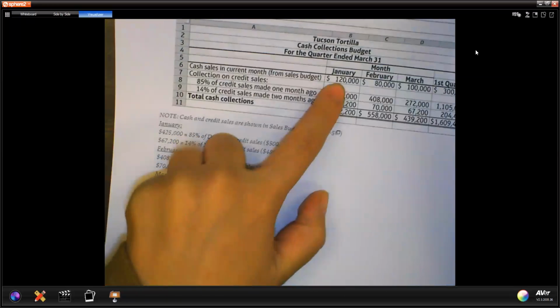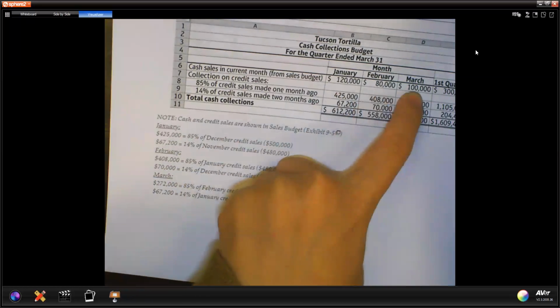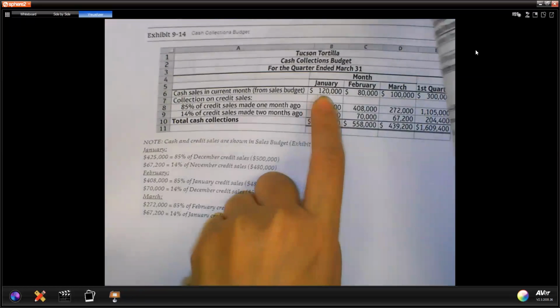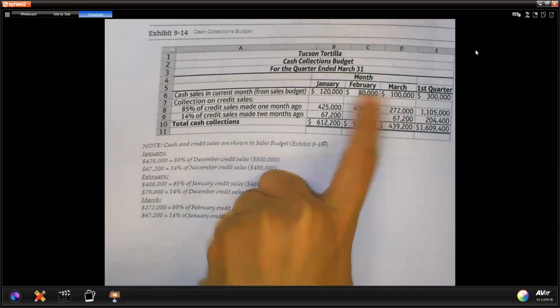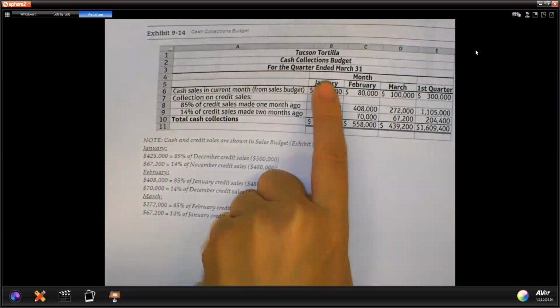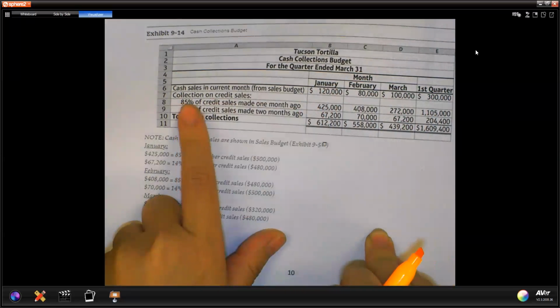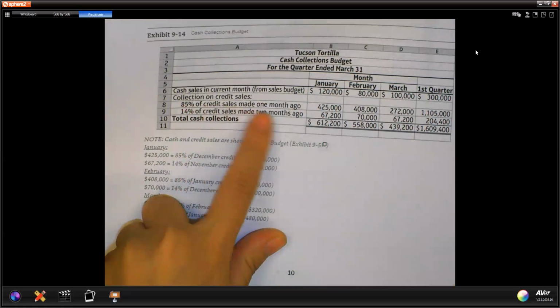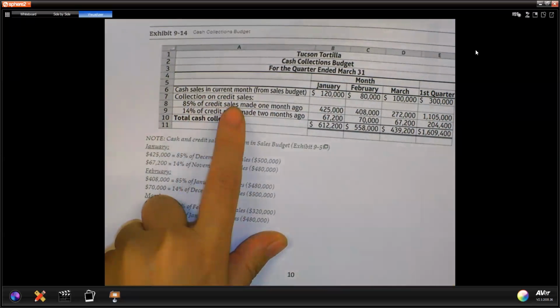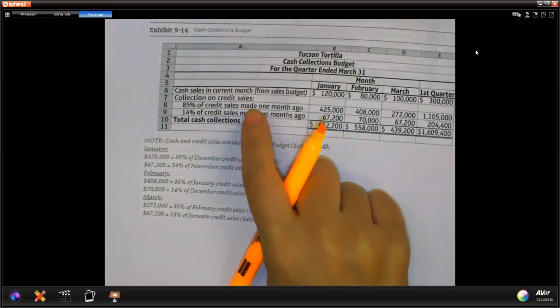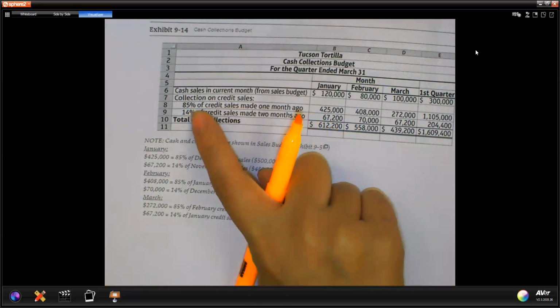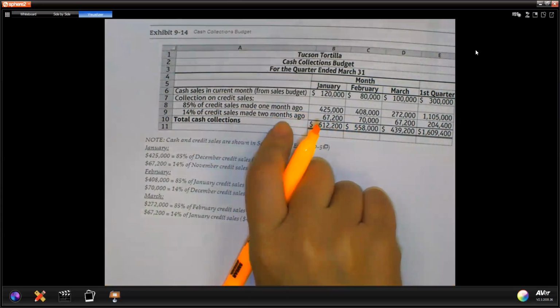That is your cash sales, so you collect that amount of sales in the same month. And then we said 85% will be collected